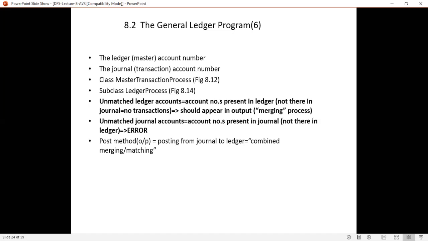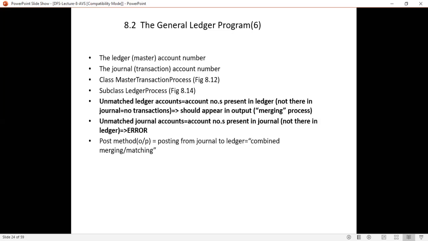In the previous case, when you have the account number in the ledger account, but it is not there in the journal account, you just have to merge the account number. But here, when it is in the journal accounts, it is not like that. You have to create an error and post it.